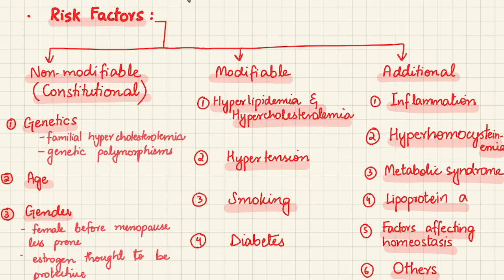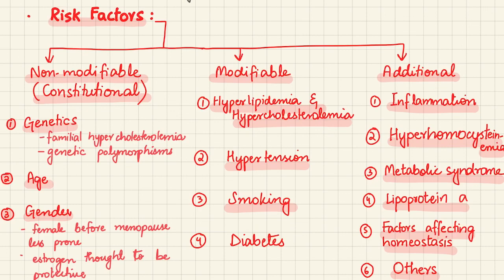Diabetes mellitus is also a risk factor for atherosclerosis, because hyperglycemia disrupts the homeostasis of the endothelial cells and accelerates the development of atheromas. Additional risk factors include inflammation due to any cause, such as infection or autoimmune disease. Elevated levels of homocysteine are also linked with atherosclerotic disease. In this case, the patient is going to have low folate or vitamin B12, or this can also be genetic.